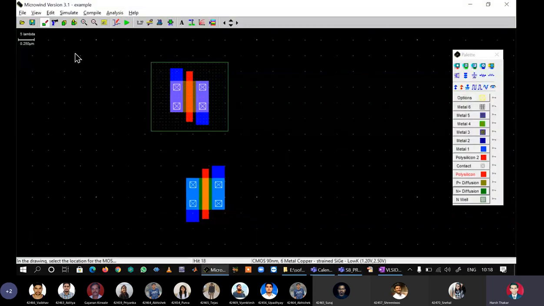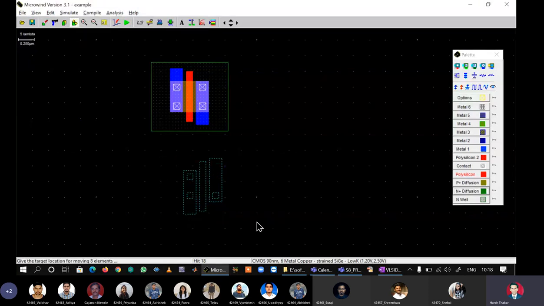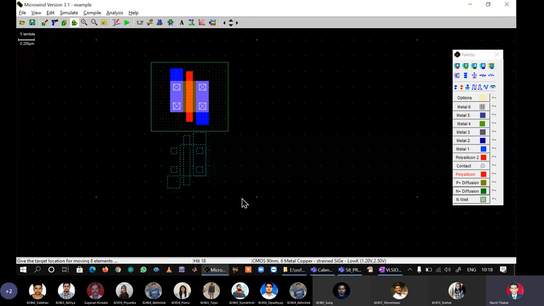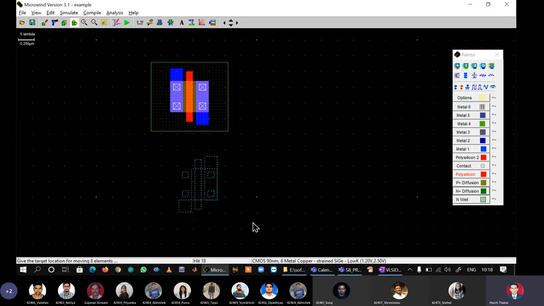and for alignment, as I told you, I have to use the tool that is called stretch and move. So select stretch and move, and then don't put the NMOS too close. If you put it too close, there will be design rule errors. Minimum distance of separation will be violated. So I will put it optimally away. Now how do I have to put it?